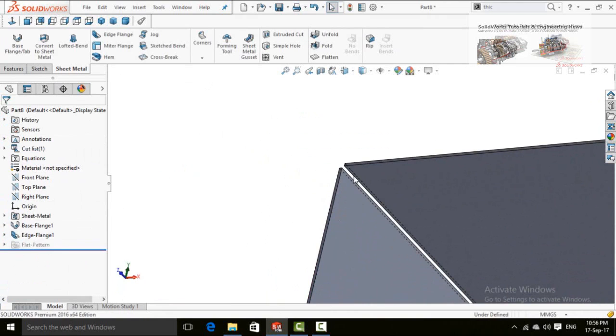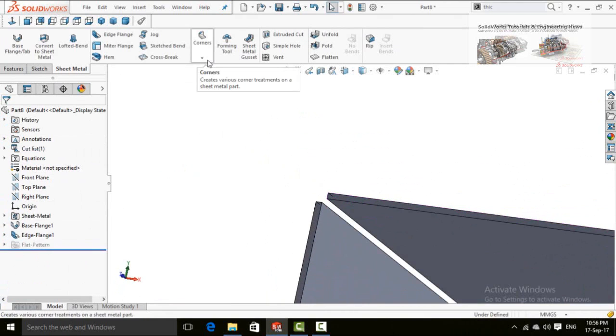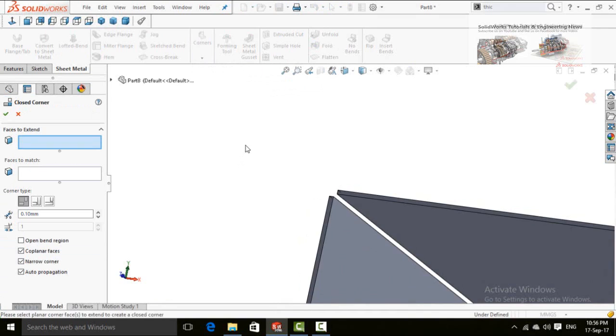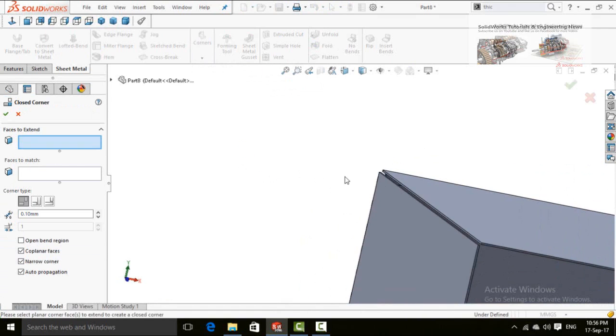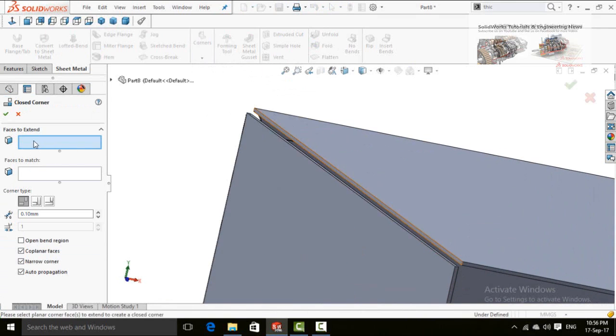You can see here is the rip. So drop down this corners options. First option is closed corner. Select it. This box is asking you about faces to extend.